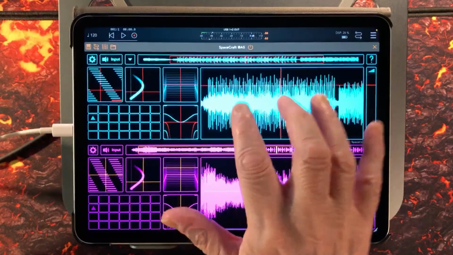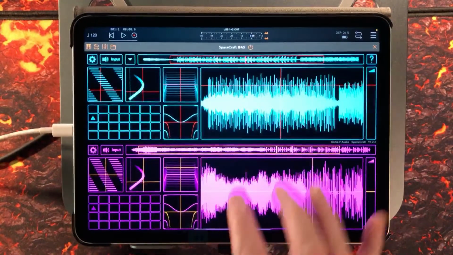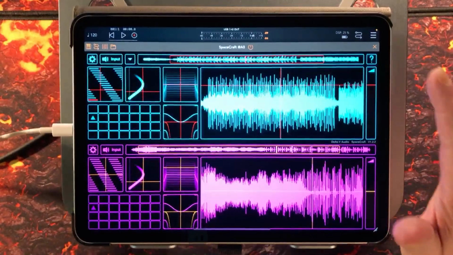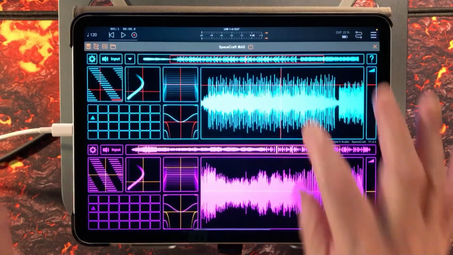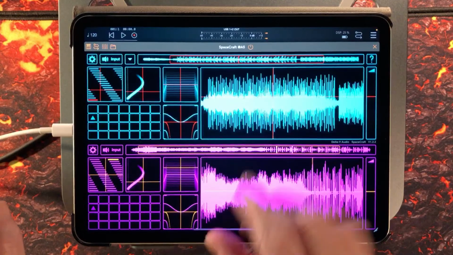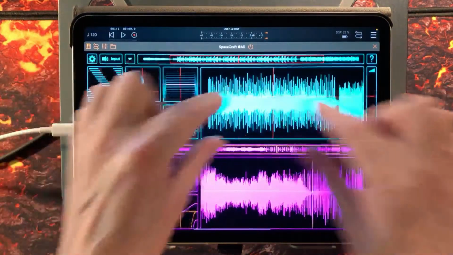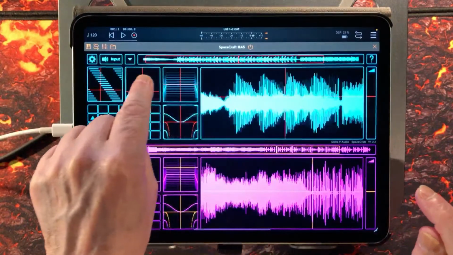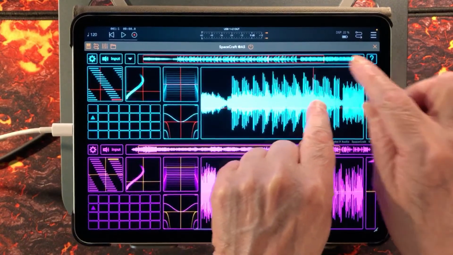You load in a WAV file to either one of the engines. They're both completely independent of each other. To get this WAV file to make sound, don't forget it's granular. It's looking at grains. It's looking at small sections of that entire wave, and you move around those sections with this cursor,